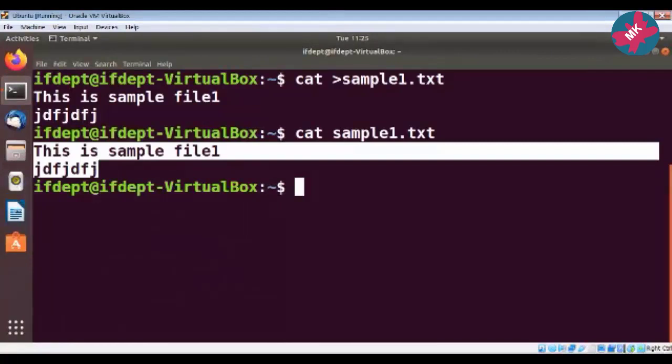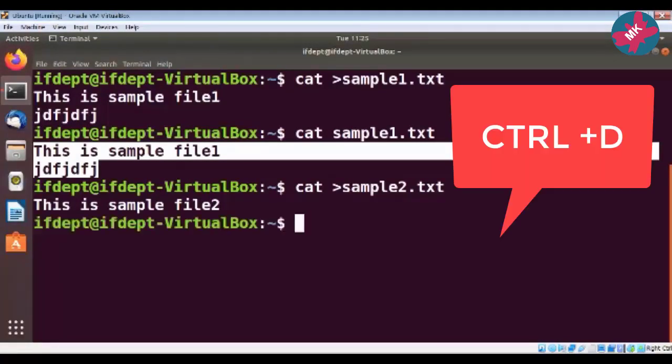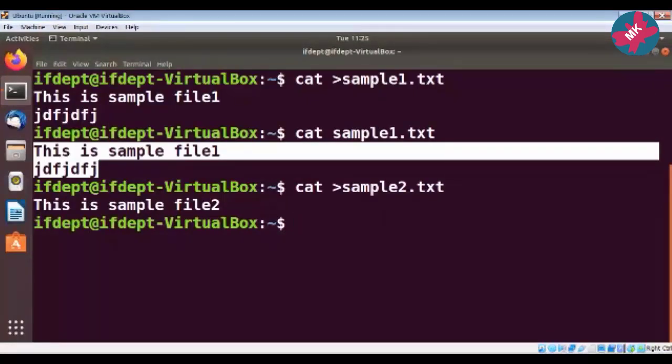I'll show you one more demo of this. Suppose again I am going to create a file called sample2.txt. Press enter, and here you type whatever content you want to store. So I will write here sample file 2, and then press Ctrl D to save the file.